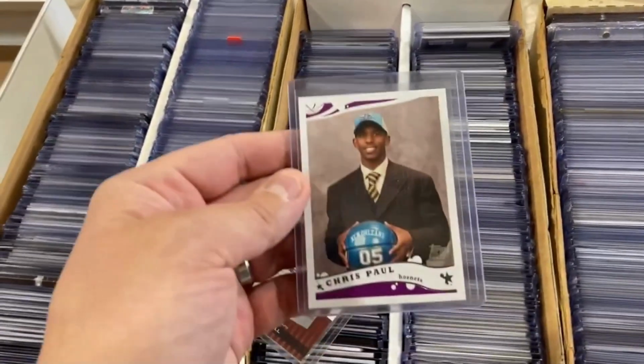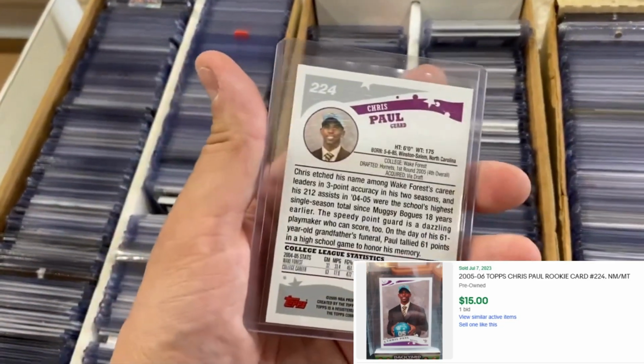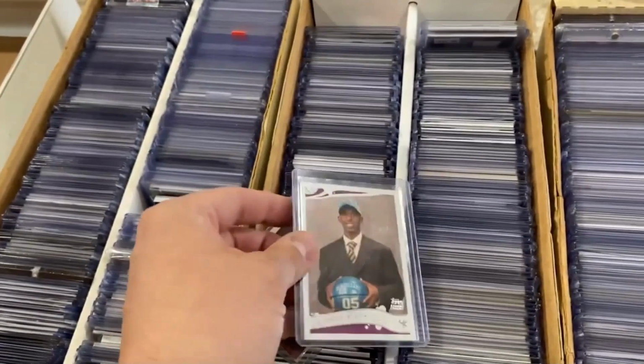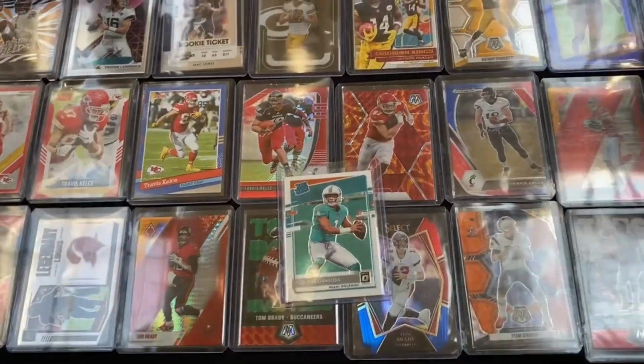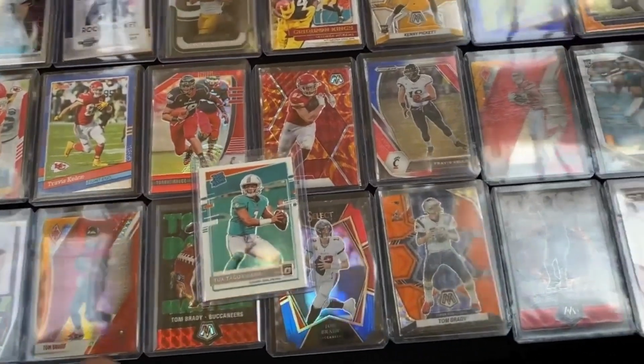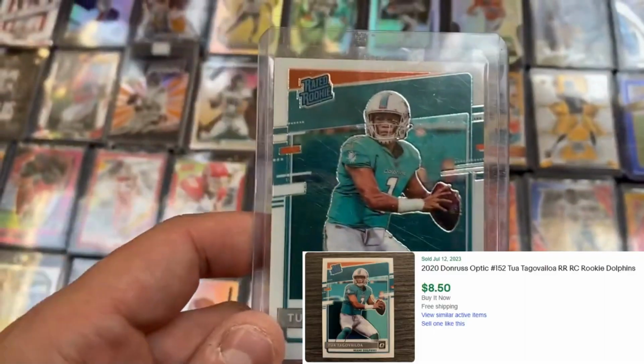And also, this Chris Paul Topps rookie. I'm really excited to see how he does with Golden State this season. But for $10 at the first table, I thought we did pretty good on those two. At the next table, I was able to pick up this Tua Optic rookie. Not the best bargain, but this is going to be one of those cards I hold on to until the